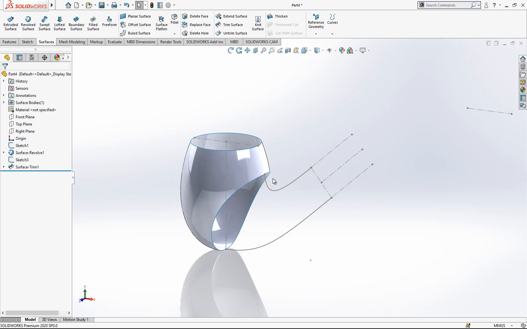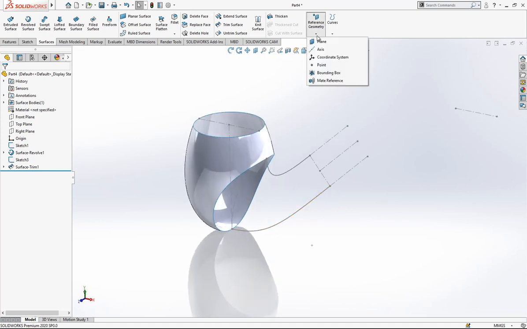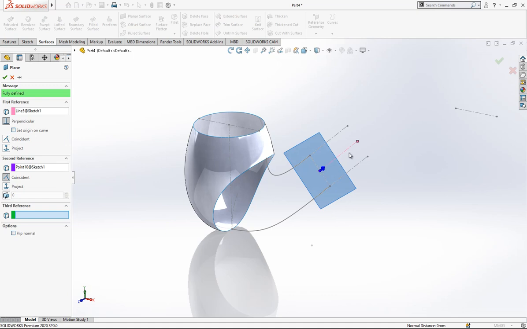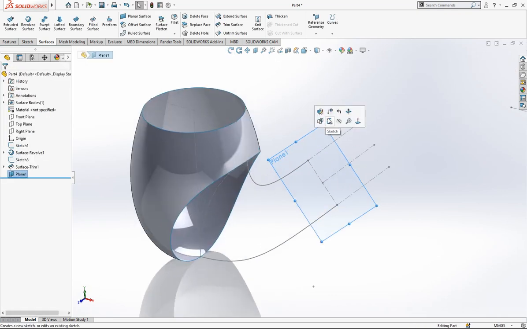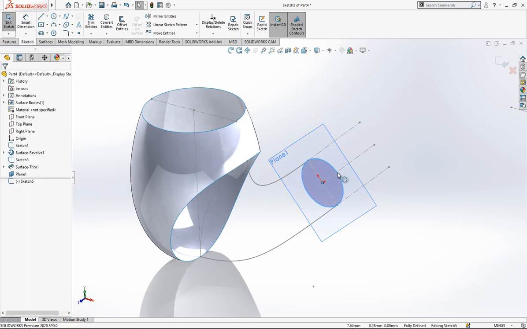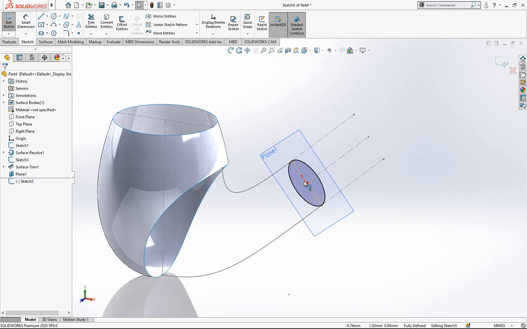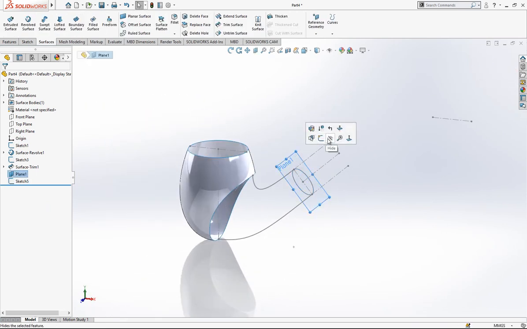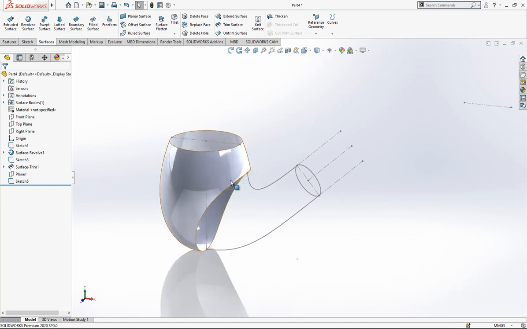Our profiles, our guide sketches are ready, and I need a plane. And I will place a plane by picking a point and a line. And in this location, I create one circle, which will be between these 2 points, centered here. Then we can create our first, second surface group, which will be the loft,